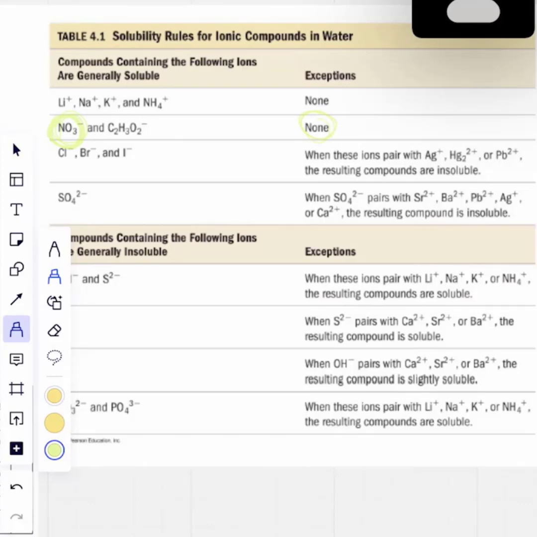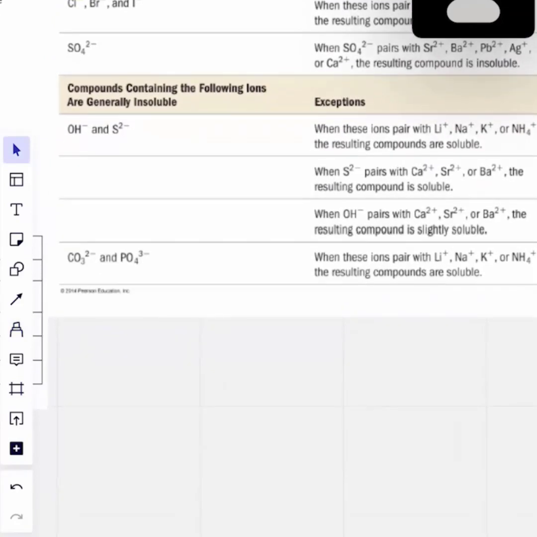Now let's think about the other one, the phosphate. We can see down here that phosphate is in the category of compounds that are generally insoluble. Now, there might be some exceptions, so let's see what they are. If it pairs with lithium, sodium, potassium, or ammonium, the resulting compounds are soluble. That's why the initial solution of sodium phosphate was perfectly soluble. But now what we're trying to form is one that has silver. Since silver is not listed here as an exception, and compounds that have phosphate in them are generally insoluble,